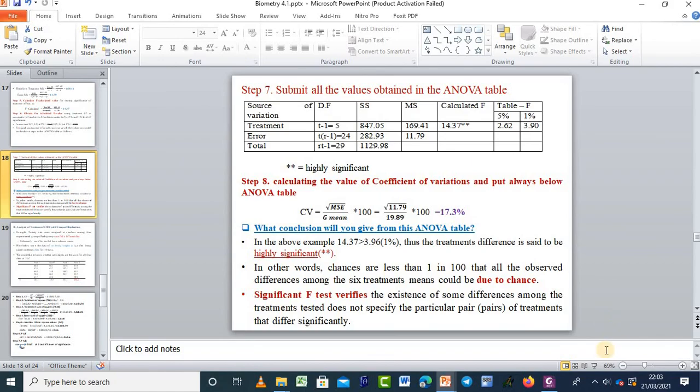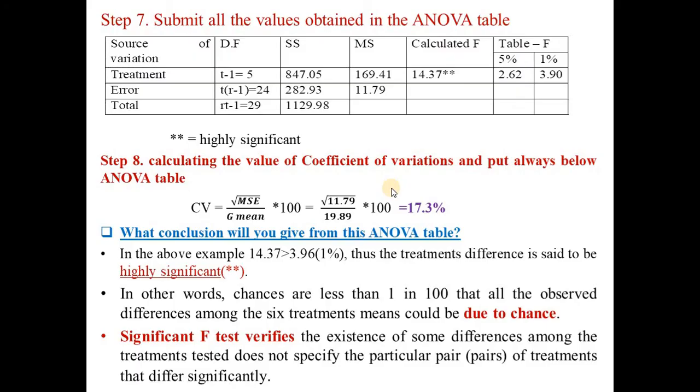Here it is. We have calculated the degrees of freedom, the sum of squares values and mean square values, and the calculated F values, and we also obtained the tabular values at 5 and 1%, as in the previous slide. And we have also seen the procedure for getting F tabular values